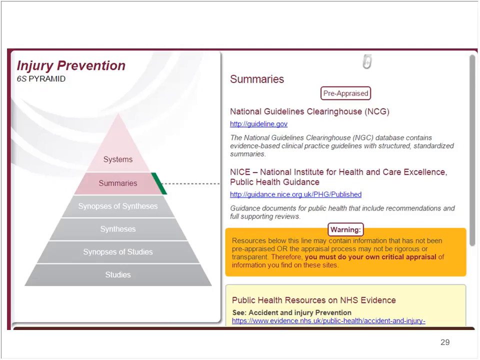This saves you time. And it's also efficient because you know that everything that you should be looking at has been pulled together in those systems or summaries. So right at the top of the pyramid. Now,